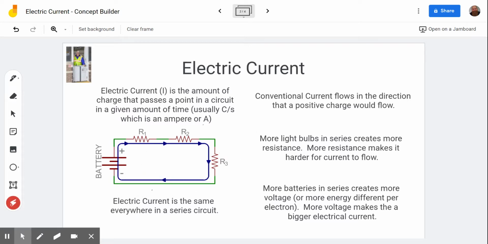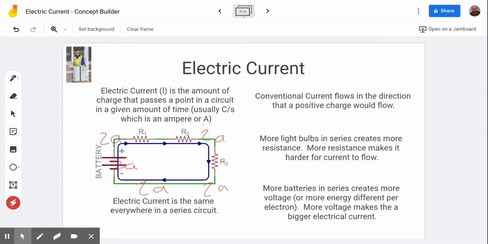So then one thing about that current is it's the same everywhere in a series circuit. Okay, so whatever the current is here, let's just say it's 2 amps. Then over here, it has to be 2 amps. And over here, it has to be 2 amps. And over here, it has to be 2 amps. And through the battery, it's 2 amps. Okay, because